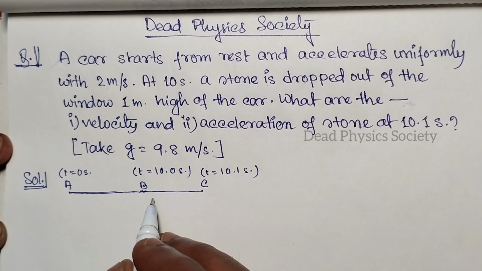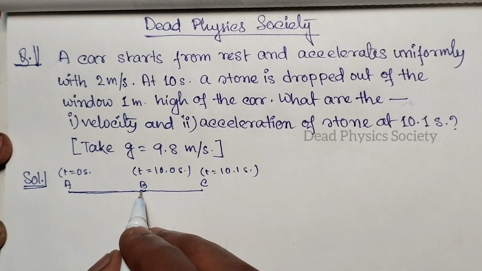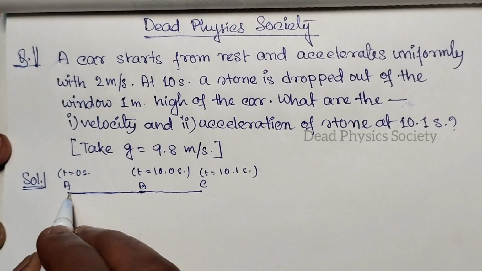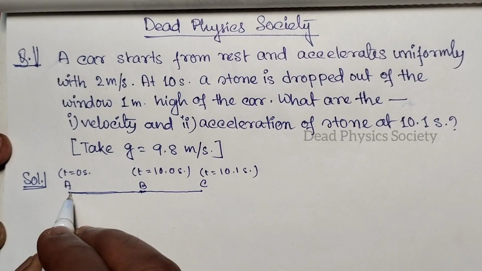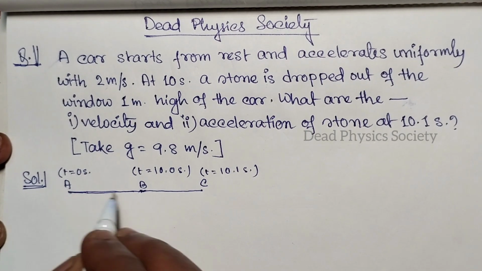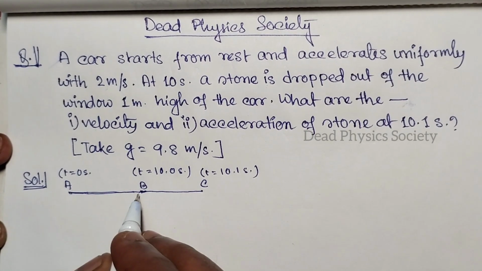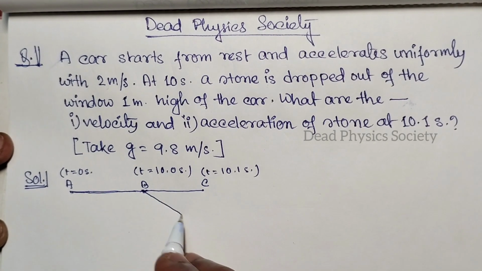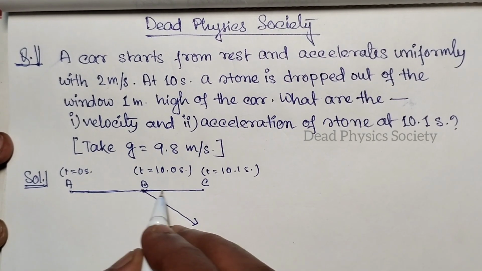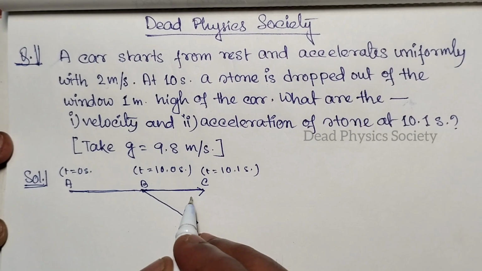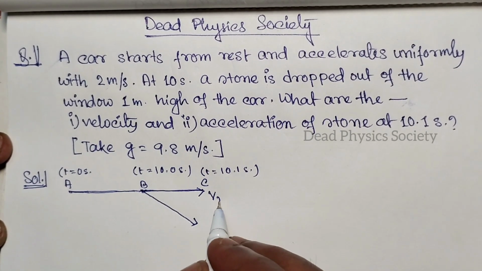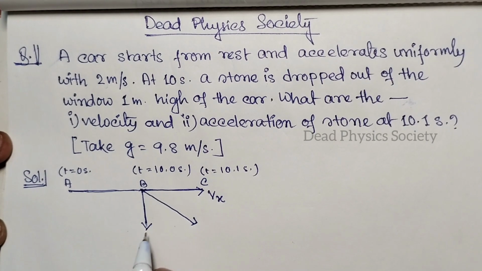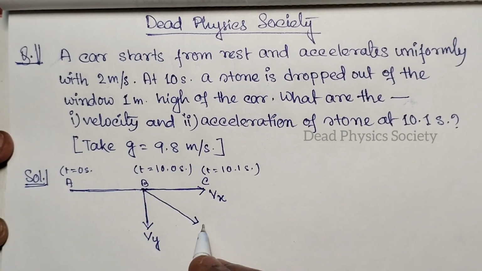দেওয়া হয়েছে, ড্রপ করা হয়েছে। সো এখান থেকে স্টোনটার দুরকম ভেলোসিটি থাকবে। এ পয়েন্ট থেকে শুধুমাত্র কার এবং স্টোনের একটাই ভেলোসিটি থাকবে, সেটা হলো হরাইজন্টাল ভেলোসিটি। অ্যান্ড বি পয়েন্ট থেকে স্টোনটার ভেলোসিটি হবে এদিকে, এবং এর দুটো কম্পোনেন্ট থাকবে, একটা হলো হরাইজন্টাল কম্পোনেন্ট Vx, আর একটা হলো ভার্টিক্যাল কম্পোনেন্ট Vy।